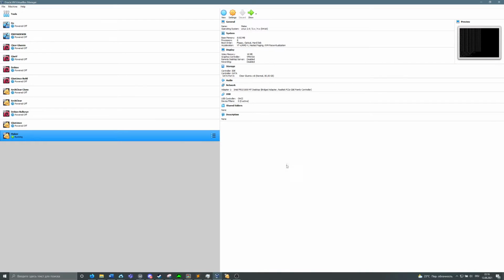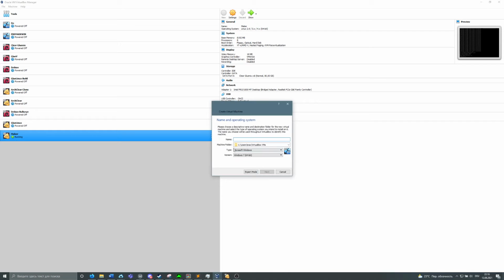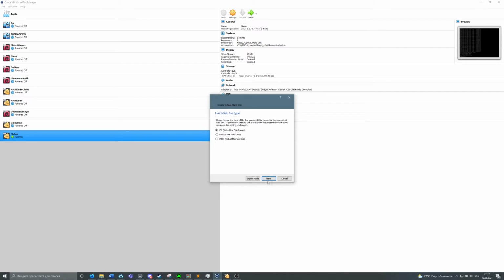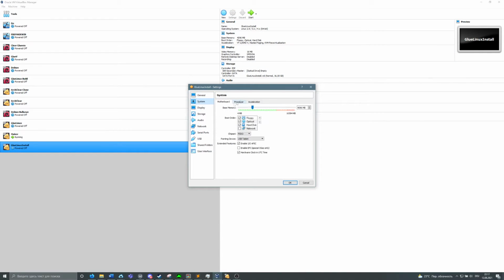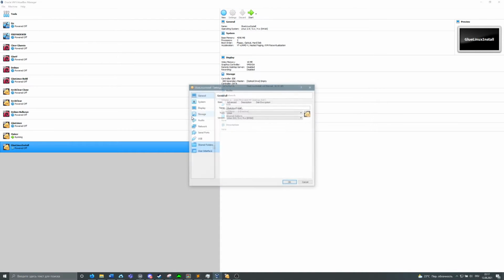So first thing we're gonna do is again create a new virtual machine. I will call it GlueLinux install. Next, we prefer 4 gigs of RAM. Next, I'll choose 16 gigabytes because I think it's a bit better. I'll give it 2 processor cores and